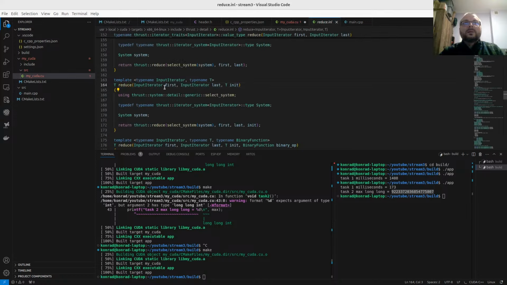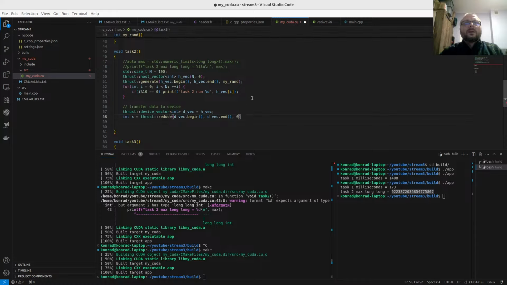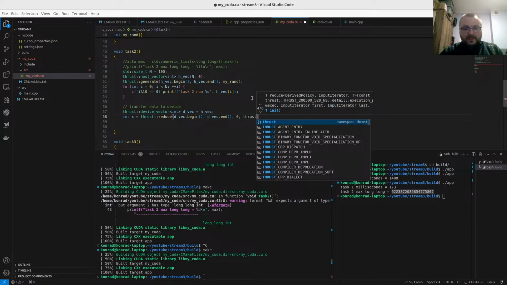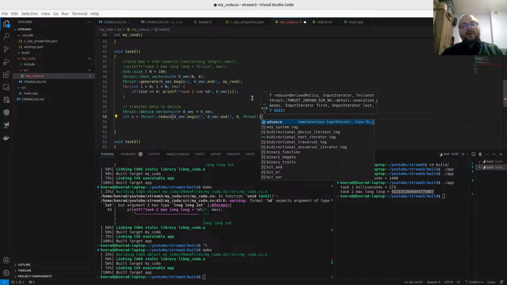You can inspect that: init, last, init. I need to check the arguments that we are passing, but this is how it works. First, there are the functors. So functors are the callable. It can also be a callable object, the function, or if you need something more advanced,